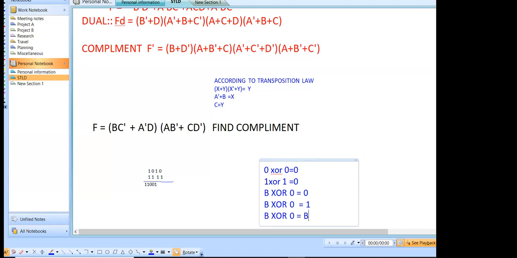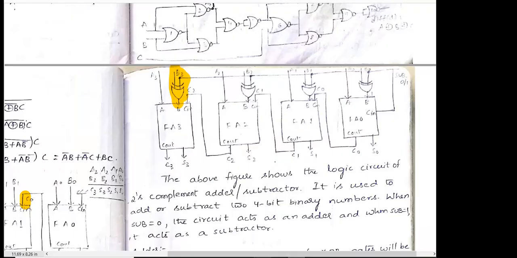This is for when B is exclusive OR with 0 is equals to B. That is, B exclusive OR with 0 is 0, B exclusive OR with 0 is 1. And B 0 అయితే 0 అయింది, B 1 అయితే 1 అయింది. That is, here in this circuit, if you observe, the B3 is one of the inputs for the XOR, and the second input is what we are calling the subtract control input or mode control input. If this input equals to 0, the mode control 0 తీసుకున్నారంటే this will perform A3 added with B3. That is, it will be performing the addition operation. The addition operation will be performed when the subtract input equals to 0.